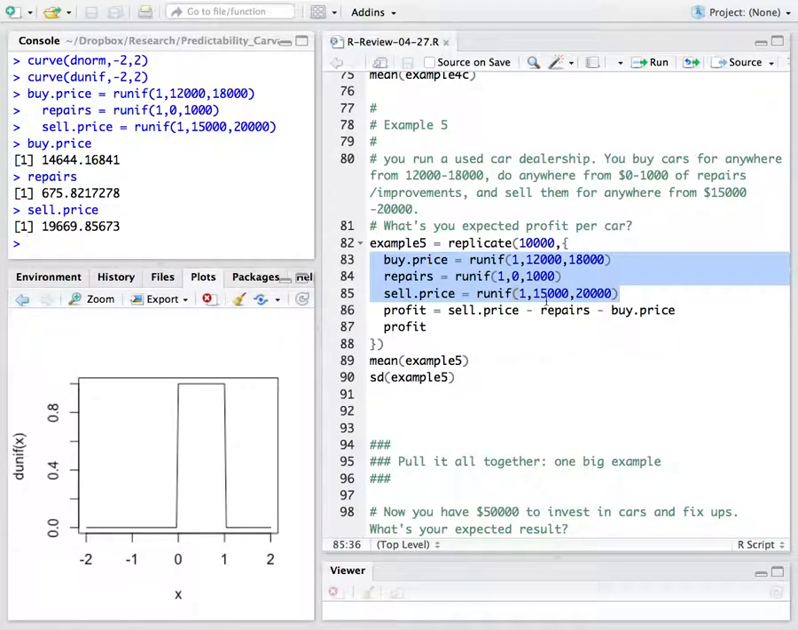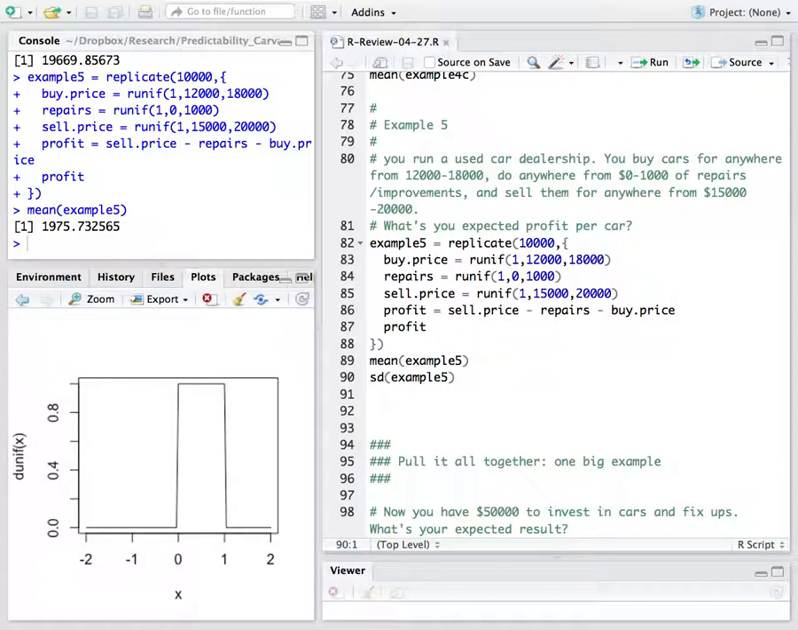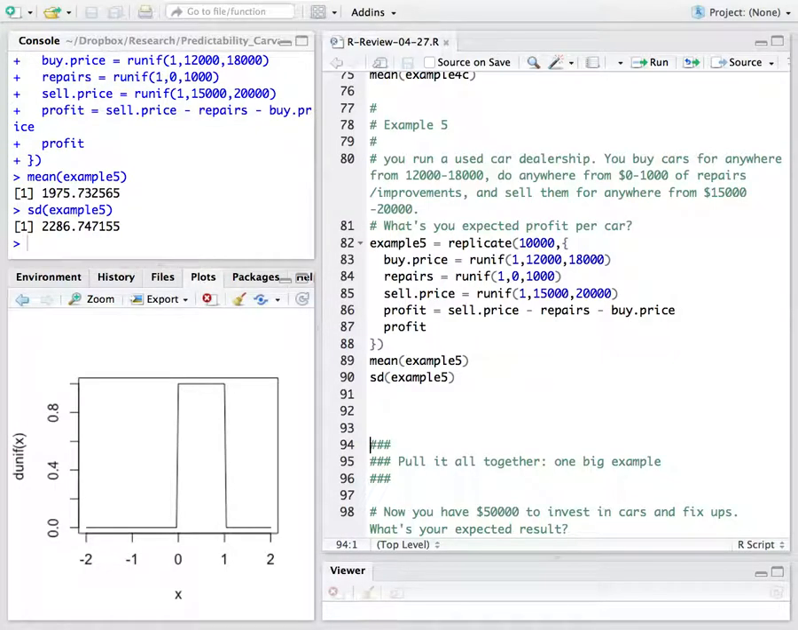Of course, in the real world, these are correlated. We can do correlated values later if you really want to. But for now, we're going to randomly sample these three things and find out what the distribution of profits looks like. So the profit in this case is just the price you sell it for, minus how much you repaired, minus what you bought it for. Pretty straightforward. So your average profit on one of the cars is just under $2,000. Your standard deviation is just over $2,000,